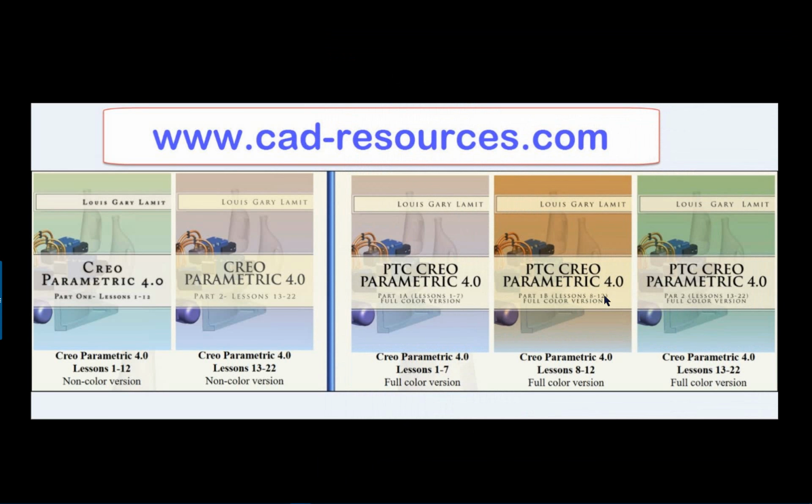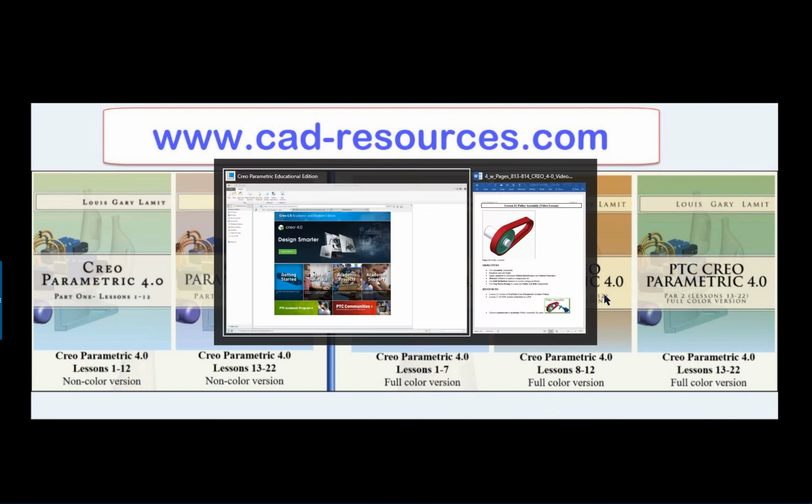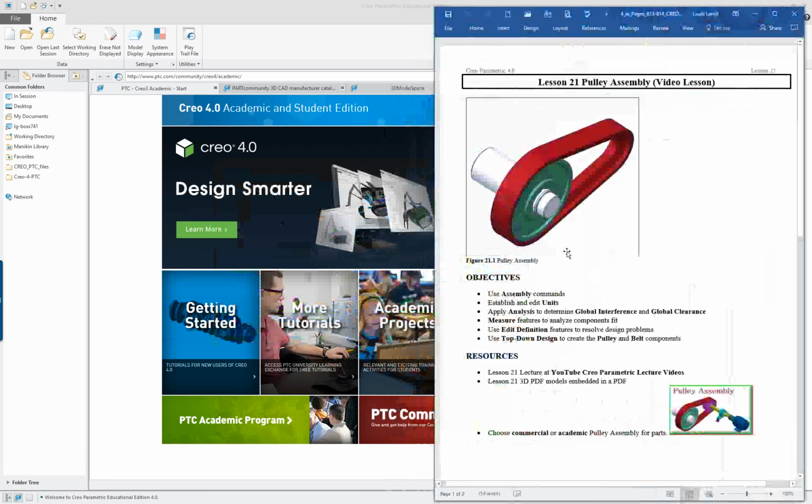Creo Parametric 4.0, Lesson 21. In this one, we're going to create an assembly using top-down methods, and we're going to only use